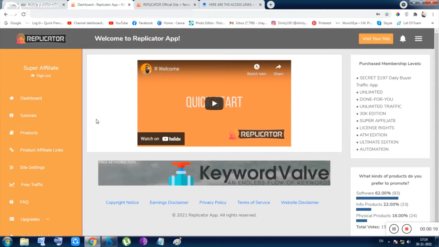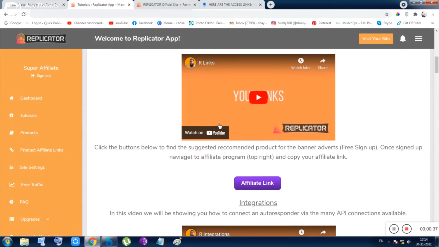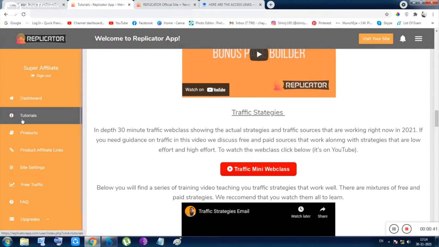This is the members area of this tool, and inside this members area you are watching the dashboard. After that the tutorials are given. They are very detailed tutorials, though it is taking some time to load because maybe my internet is a little bit slow. These are the tutorials or training you should go through after getting this tool. And the good thing is the tutorial is given after the dashboard option.